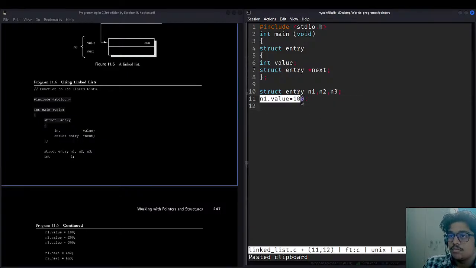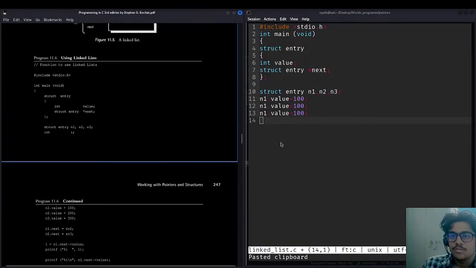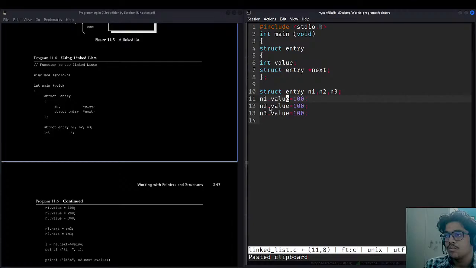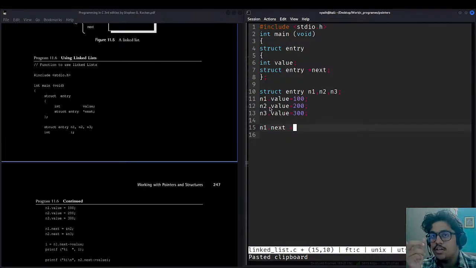Then n1.next will be linked, if you are talking about a linked list, to n2.